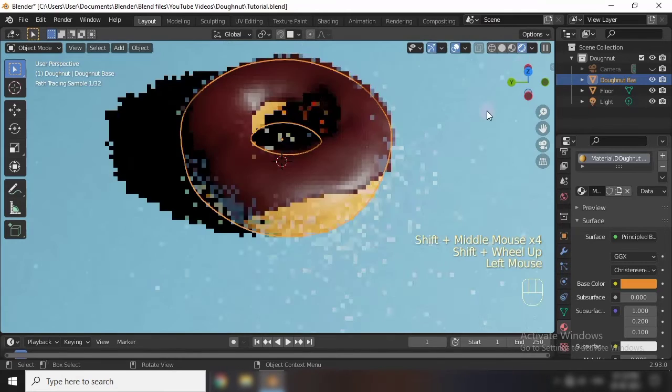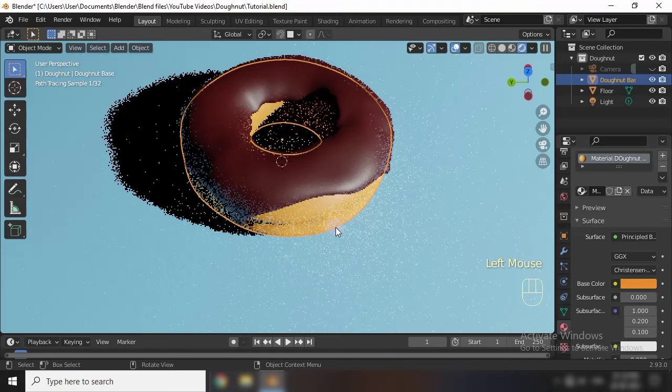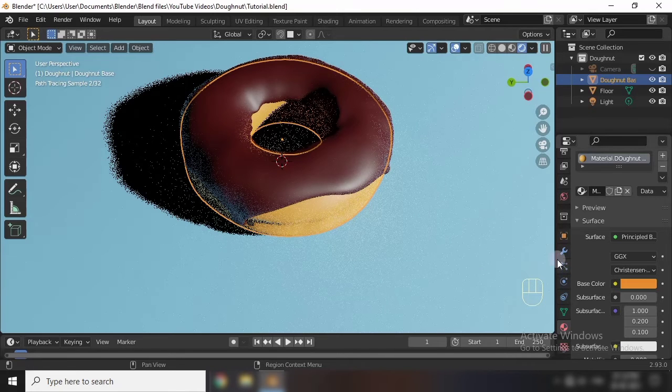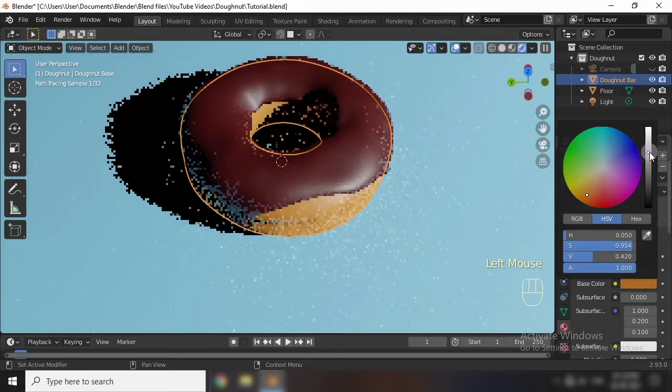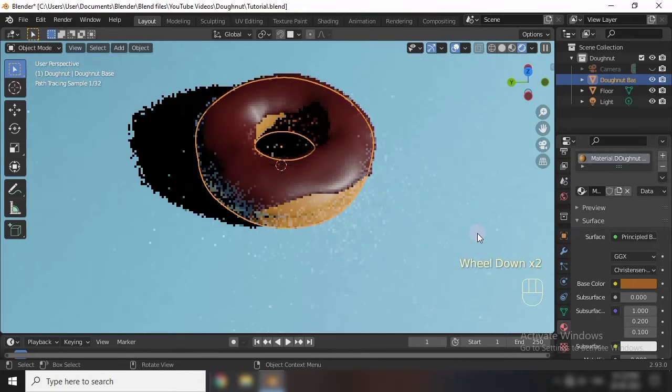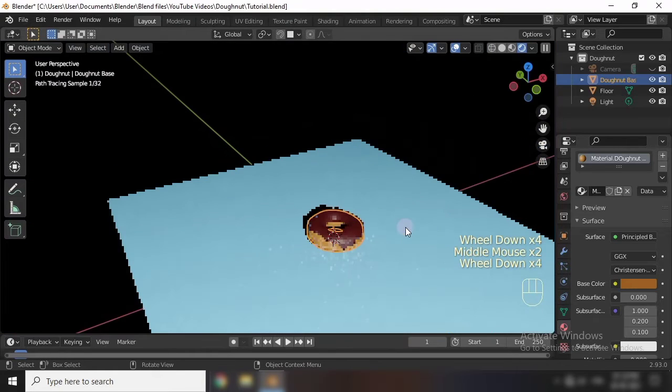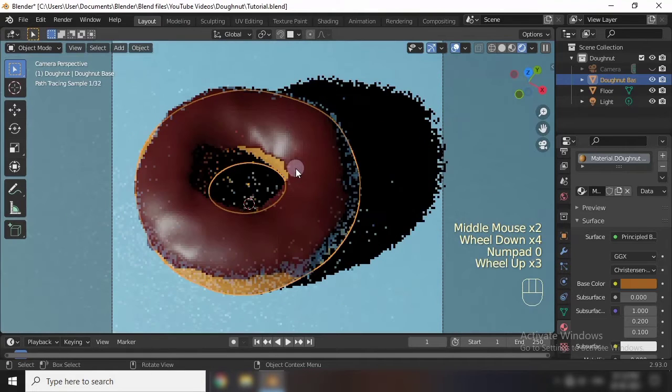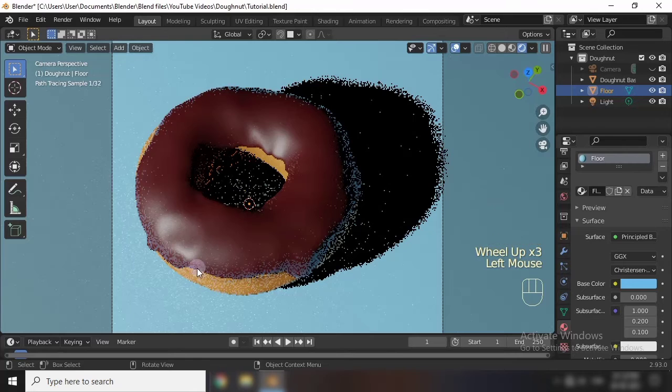So now I will go to render mode. Yeah, it's okay if you want it a bit darker, saturated. Yeah, this is okay. So now go to my camera view and you can see this one.